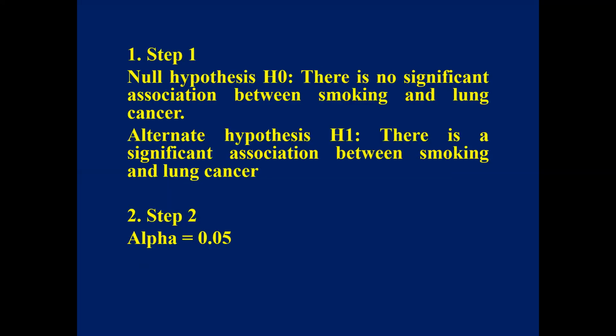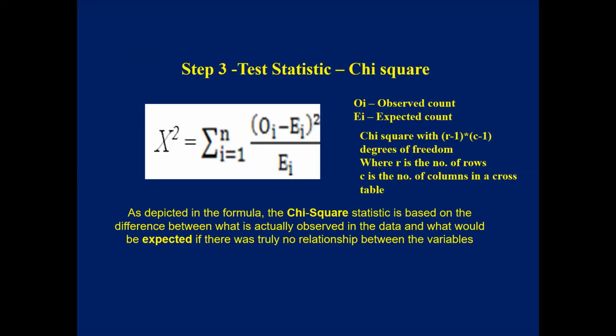And then we have to set the level of significance. Usually, as a conventional rule, we take 5%. And then we have to calculate the test statistic. As I told you in the last class, it depends on what variable you have got, what categories you're comparing, what types of variable, that we have to decide the test statistic. Since here it's categorical data, and we are finding out the association, it's a non-parametric test, so we use a chi-square test. And the equation is observed frequencies minus expected frequencies, squared, divided by expected frequencies.